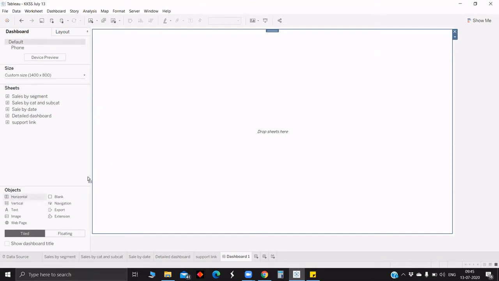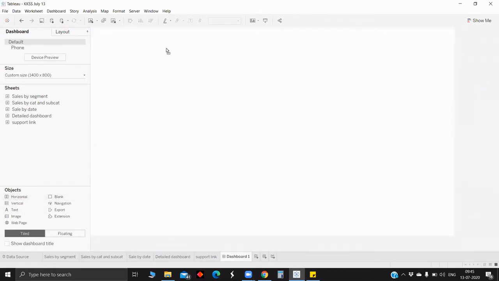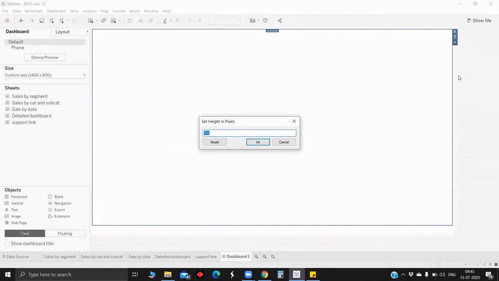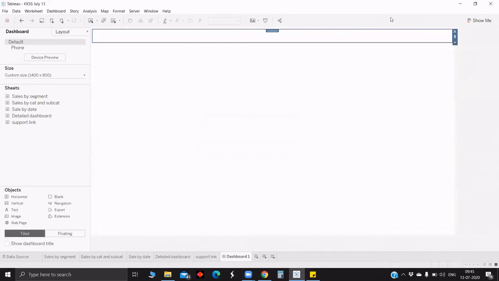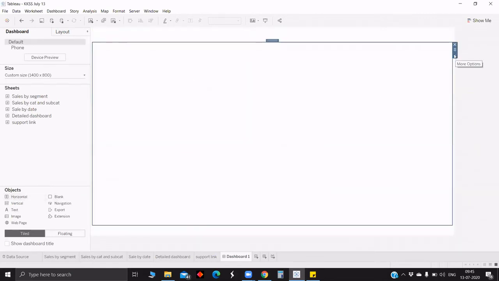Next, generally we will go with the blank. First we will put the blank, then we will go with the horizontal. So in this case we can adjust the height between the sheets. So edit height. If you give 50, mostly this 50 we will use for the title block, about the dashboard and logo, all those. Next we will pull 2 more so that we can put the sheets.